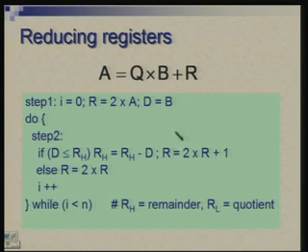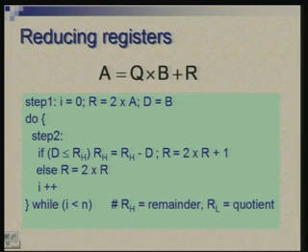So, we are basically doing r equal to 2r plus 1 or r equal to 2r. So, the effect of shifting q and r is sort of combined, and at the end of the iteration, r h, the left half of r, will contain the remainder and the right half will contain the quotient. So, the same 2n bit register contains the results. Okay.